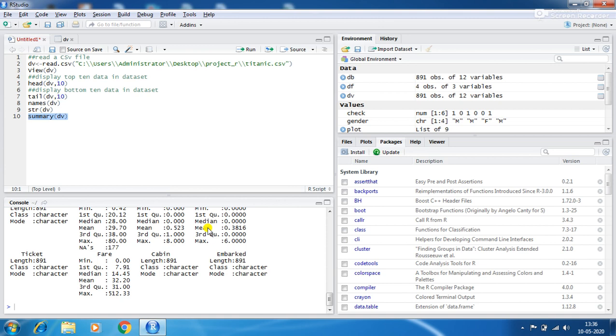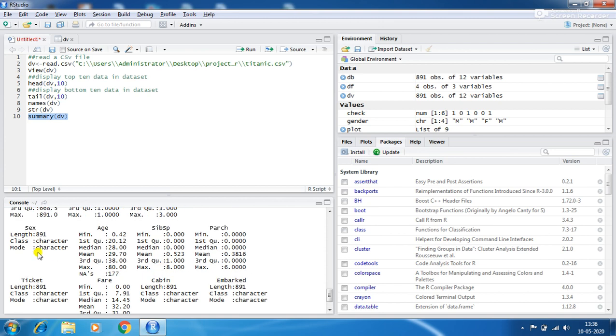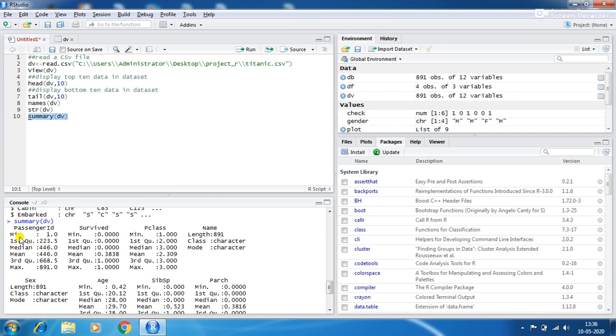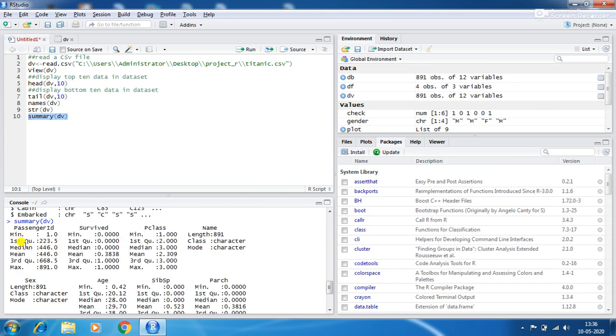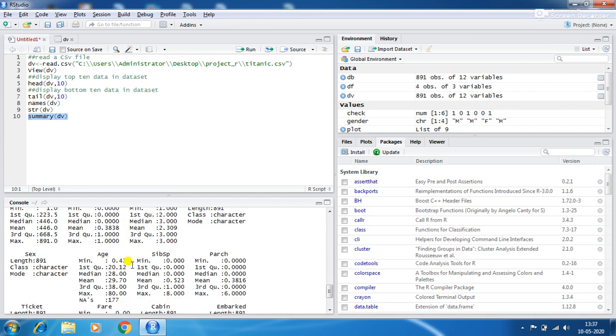It gives a set of descriptive statistics depending on the type of variable. In the case of a numeric variable, it gives mean, median, minimum, maximum, range, quantiles, etc. In the case of a factor variable, it gives a table with the frequencies.